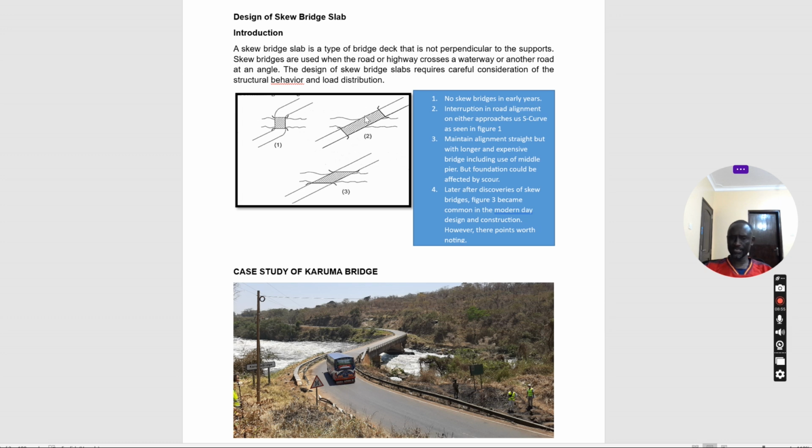And secondly, the same in number 2. For number 3, maintaining alignment straight but with a longer and expensive bridge, including use of a middle pier, but the foundation could be affected by scour. I've already explained: if this was 20, you end up doubling almost to 40 or 45 here. Then because it's longer, you need more support, so additional sound foundation, and definitely cost goes up. Though the cost of the deck system will be lower, the foundation will be